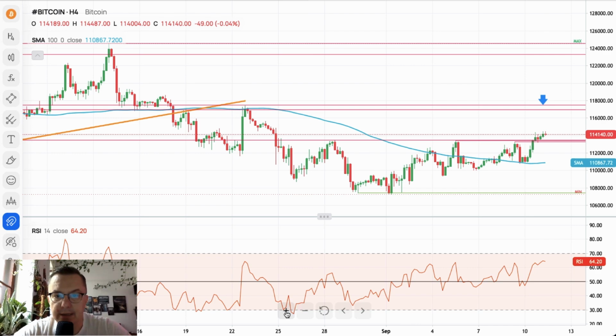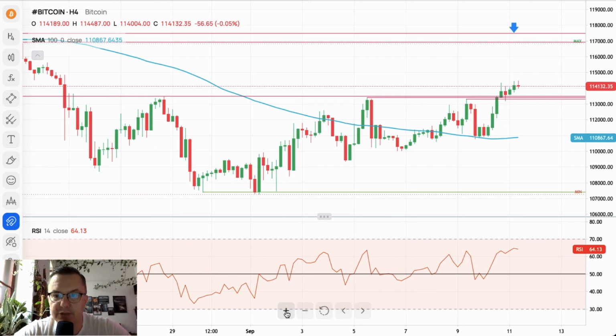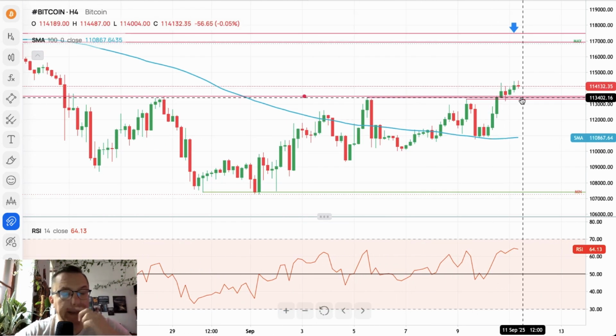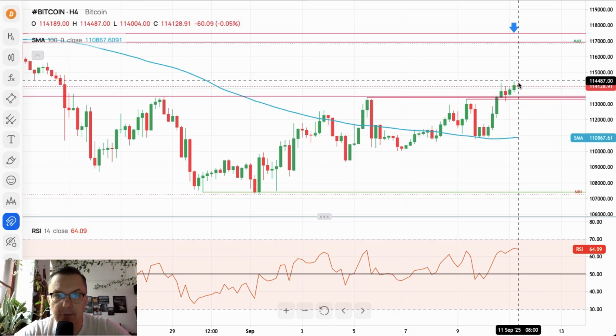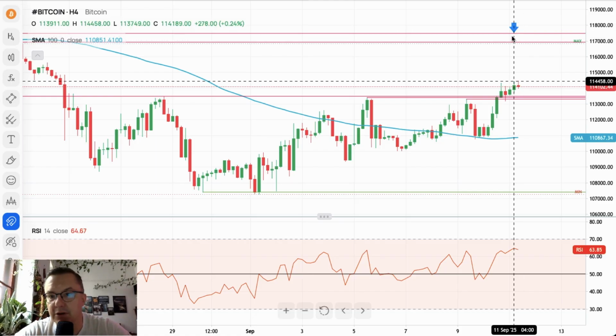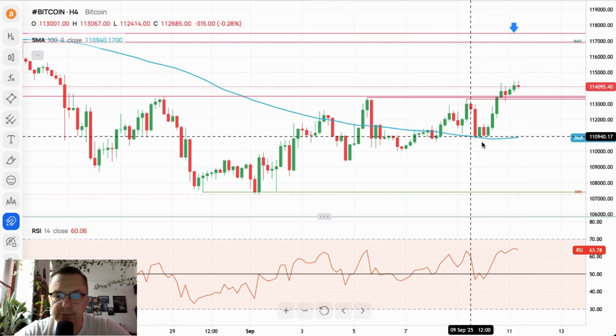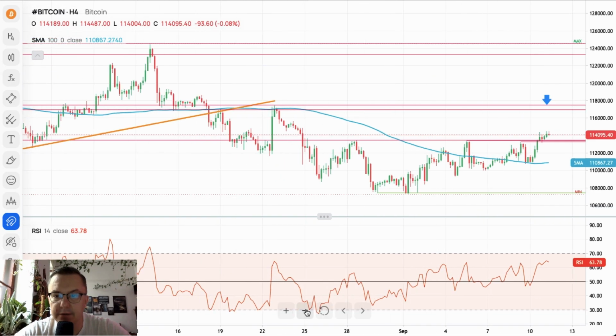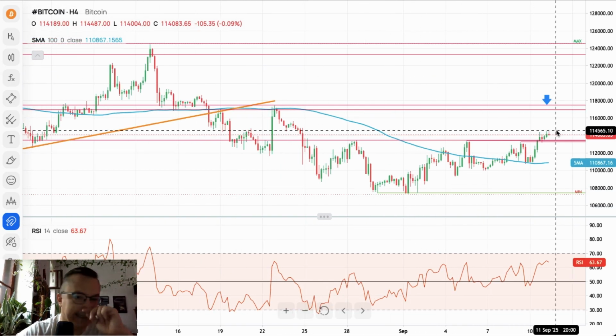We are looking at the Bitcoin 4-hour time frame chart. We broke above the technical resistance at 113,500, local high 114,487. Next target is the one that we know already because we've been talking about it for quite some time, 118,000 technical resistance level. So right now it looks like this movement to the upside is getting a little bit better.